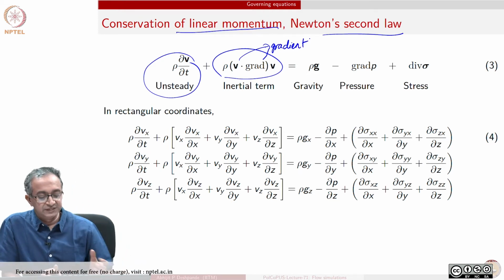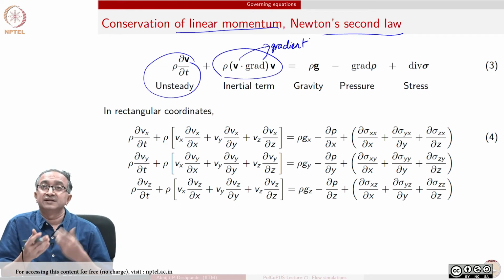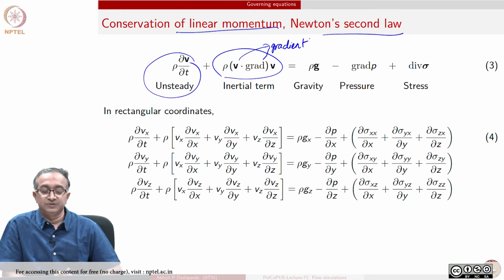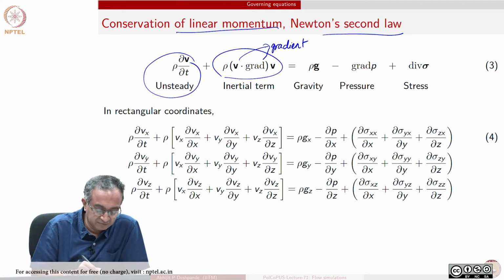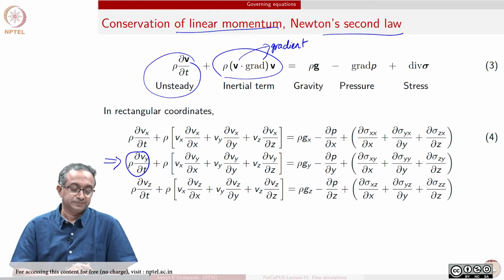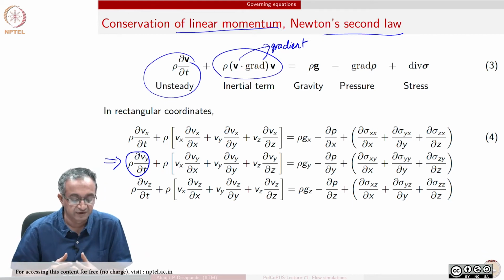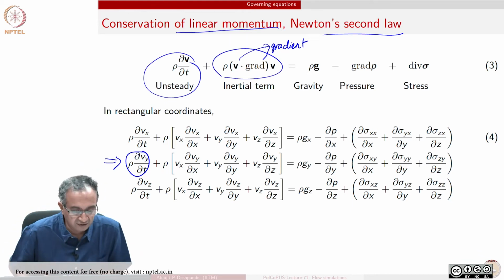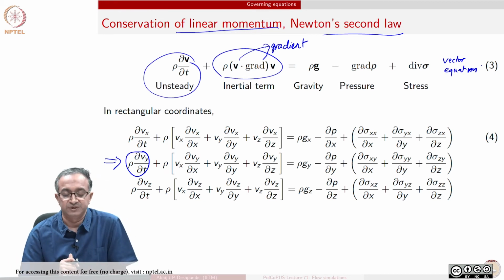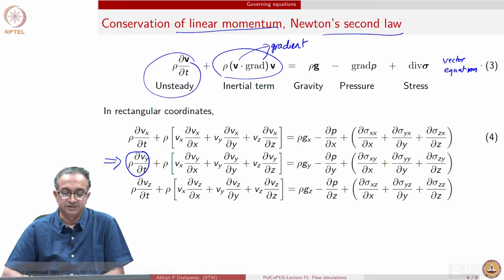And many of these governing equations are far more complicated in cylindrical or spherical coordinates, but the overall structure of the equation looks similar. So, you can see that the first term, let us say if we just focus on the Vy component, the first term is straightforward in terms of the derivative of Vy with respect to time. And what you notice here is, of course, this is a vector equation. So, therefore, there are 3 components. Mass balance on the other hand was a scalar equation, and there was only one equation.